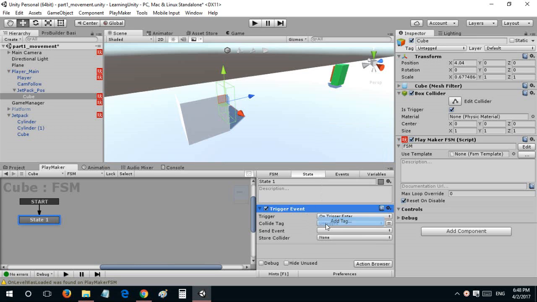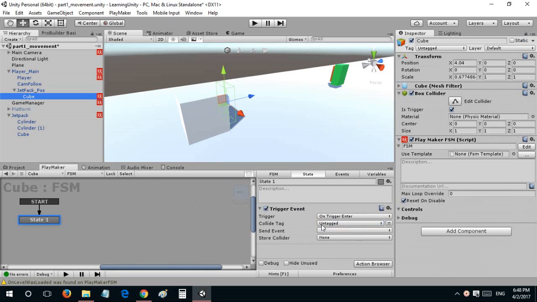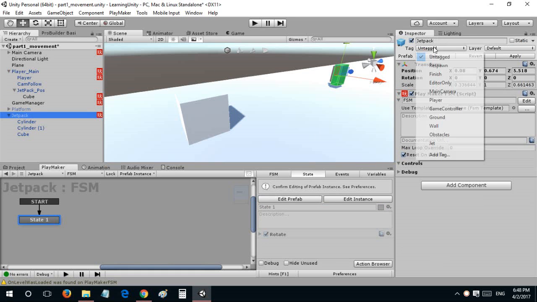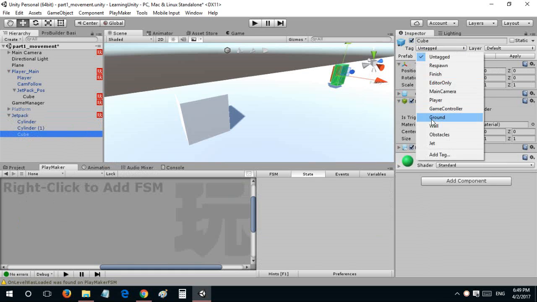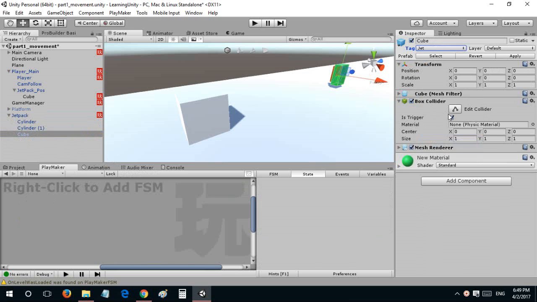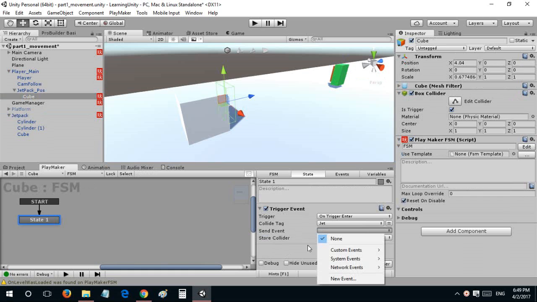Let's just say I'll add a simple tag, and then I'll just say jet in this. So this would say jet, and I'll just set this to jet, and this to jet as well, because this has the box collider, and remove that as a trigger for the player to recognize it. So on trigger enter jet, we would send an event